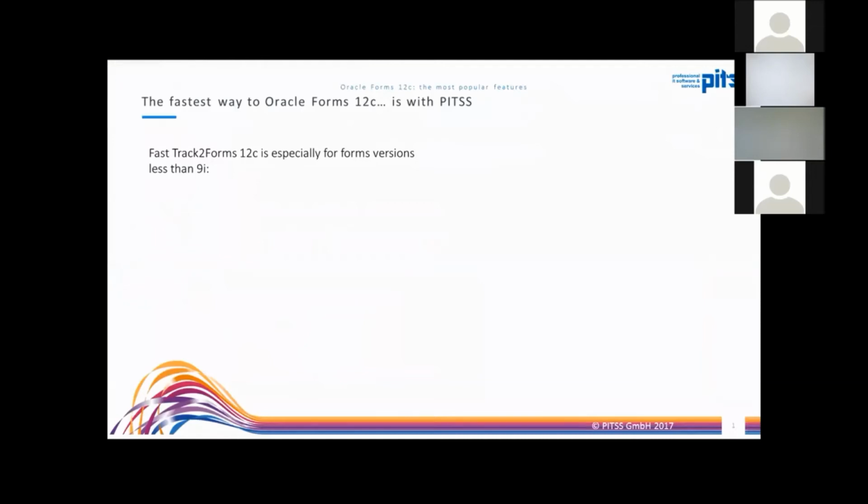Wow. Okay. So hopefully you all see the fastest way to Oracle Forms 12c is with PITS. Can you see my slides, Ronald? Okay, great. So